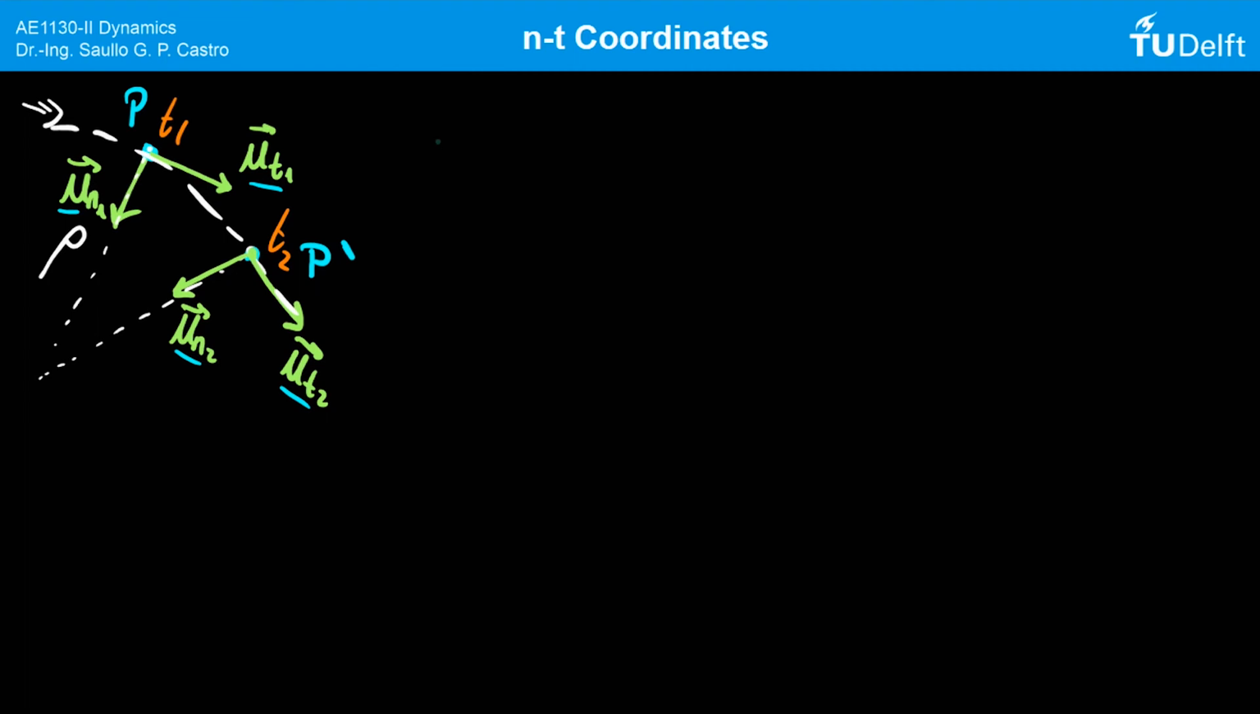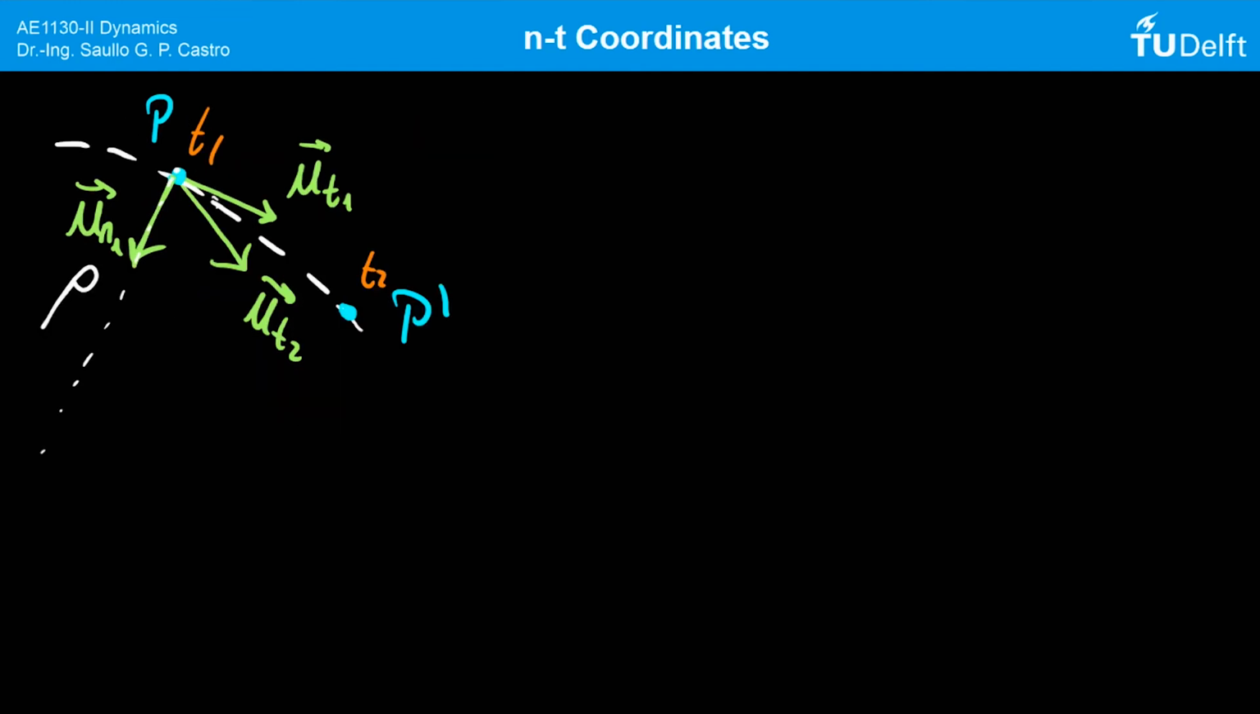Now we're interested to calculate how the tangential direction is changing with time, so that we can calculate the acceleration using nt coordinates. So let's proceed. What we'll do now is to project the tangential vector at the second position onto the first position. And what we obtain is the following scenario, where we want to calculate this displacement here,